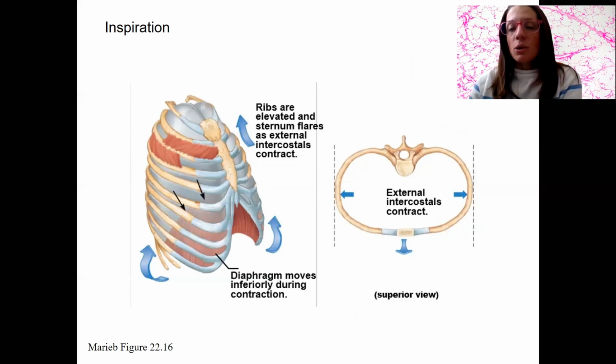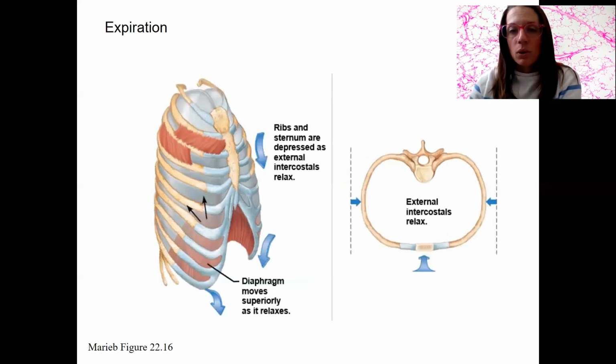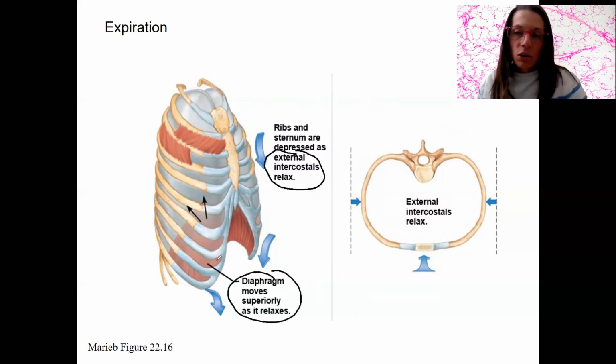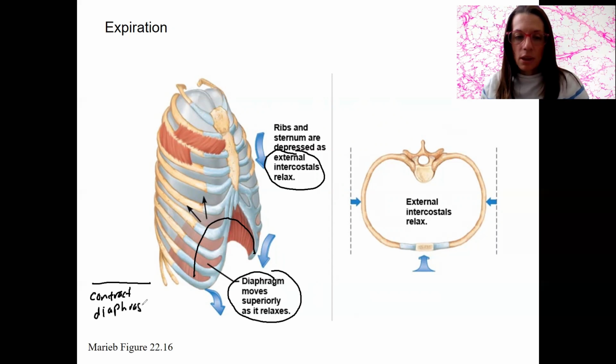For exhalation, so expiration, the muscles relax again. The external intercostals relax and the diaphragm relaxes. The diaphragm moves up to its dome shape when it's relaxed. When it was contracted, it was like this. This is our contracted diaphragm. This here is our relaxed, that dome shape,